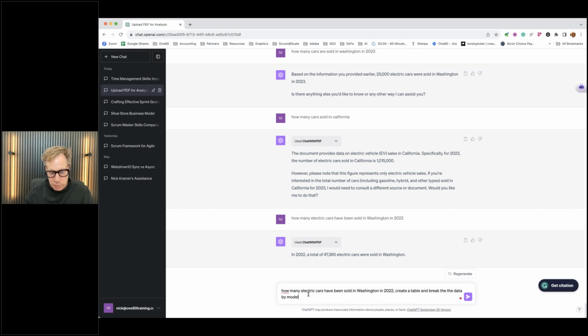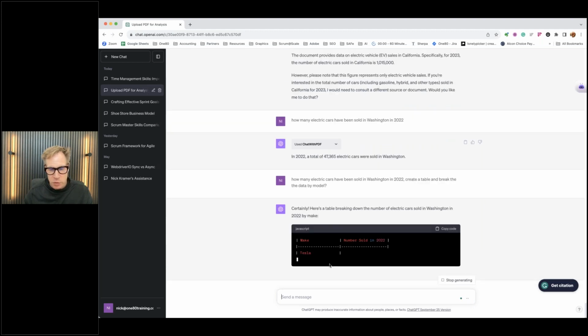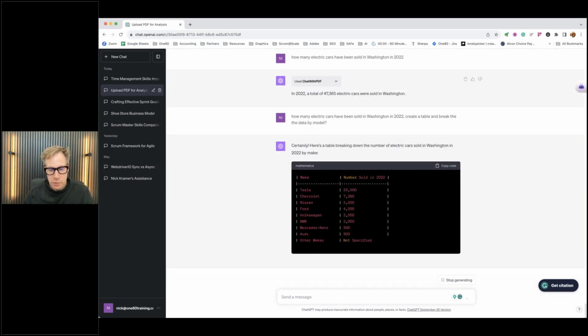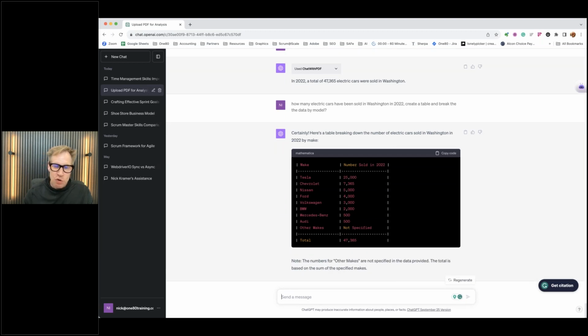Let's see what this does. I should have probably tested this before. Here we go. It's creating a table. So it's saying there were some Tesla cars. And again, you could probably pull this pretty easily, but this is where it gets interesting.